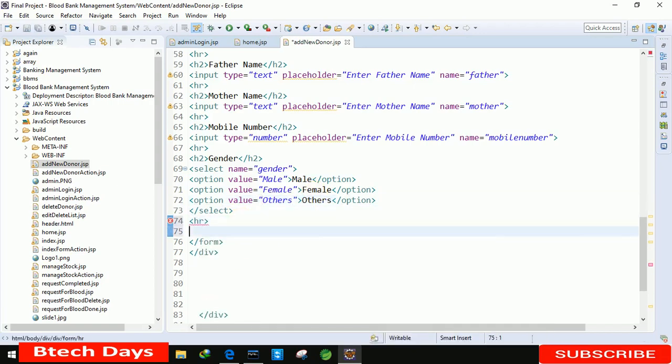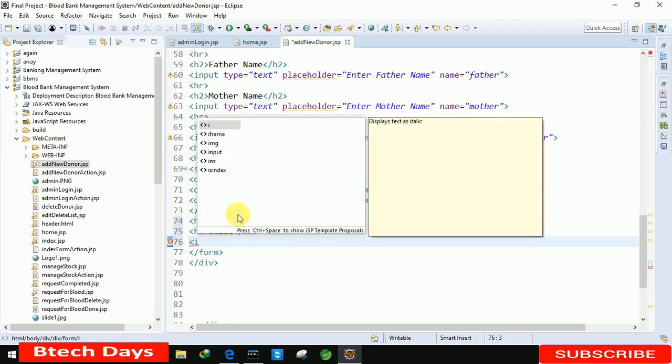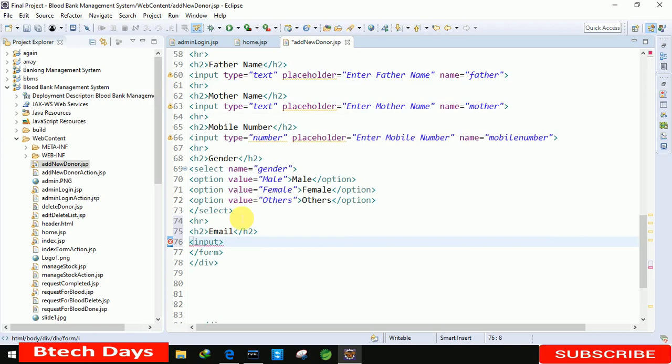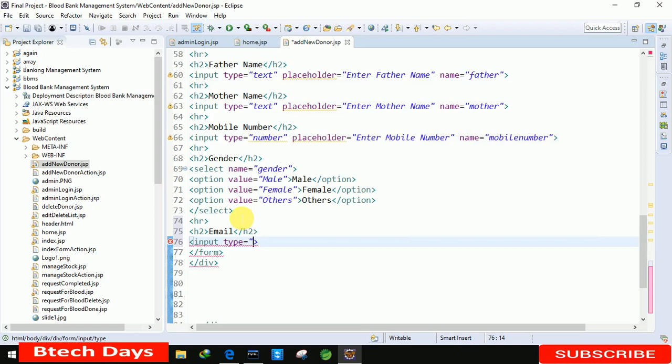Okay, after this next is h2 email, and input, and we are taking type equals to, we are making it as email, and here we are writing a placeholder equals to double quotes enter email.